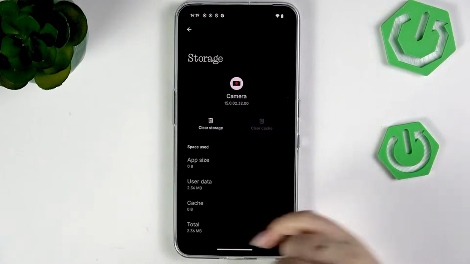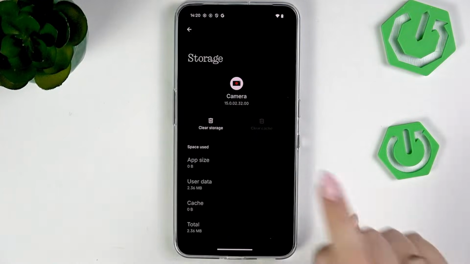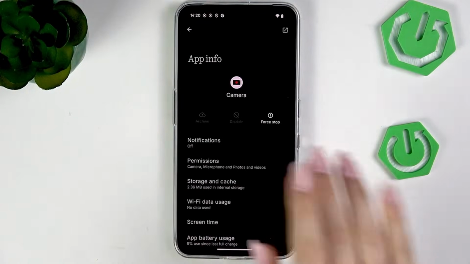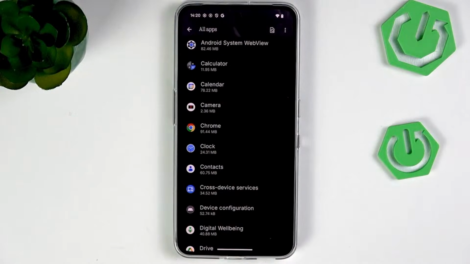So simply tap on clear cache, your device will immediately remove it. You do not even have to confirm this step. Be aware, I do not recommend tapping on clear storage unless you wish to make the app completely brand new. So as I said, go through all of those apps and remove cache. And after that, I highly recommend also to soft reset your device. I mean, simply power it off and then power it on again in order to confirm all of the changes